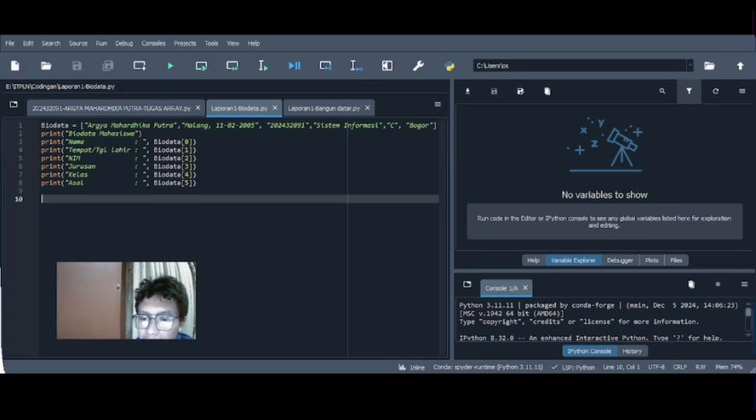Here I want to explain two Python programs, and for the first program. The first program is designed to display student biodata using a list in the Python programming language. And for the step-by-step